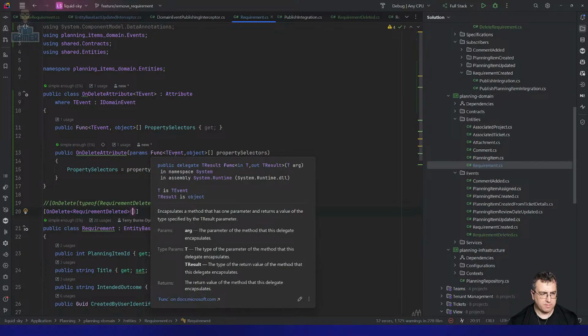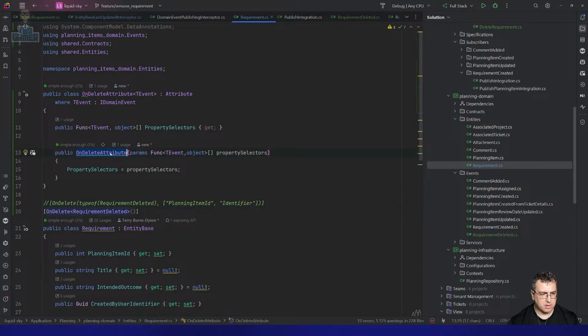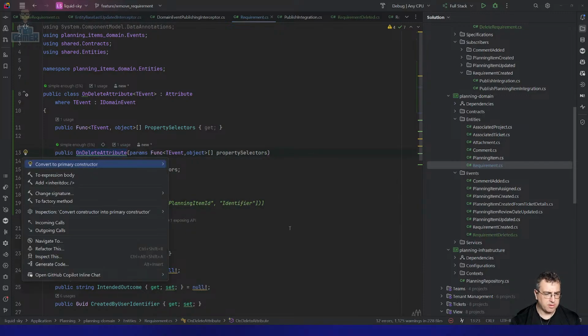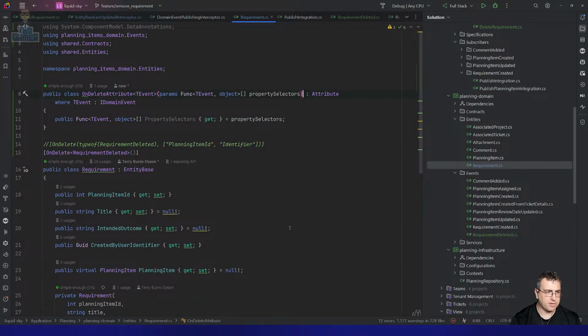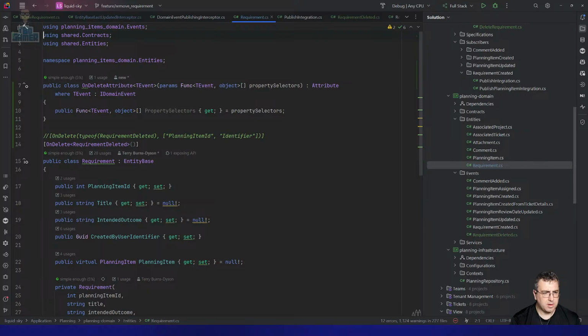Params Func<TEvent>, convert into primary constructor, that's fine, but that doesn't really help my problem here. There's no, yeah, so